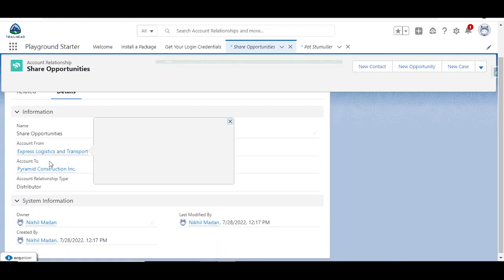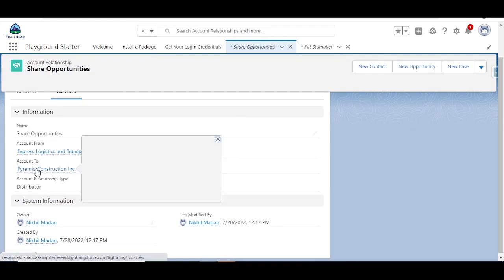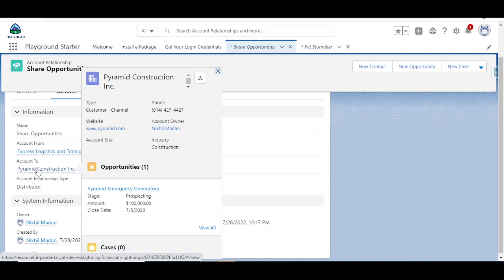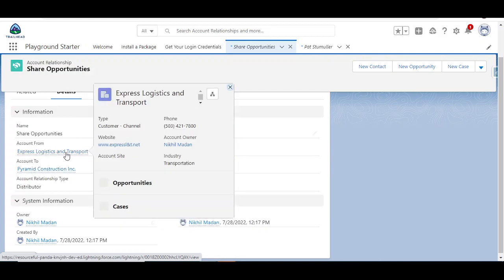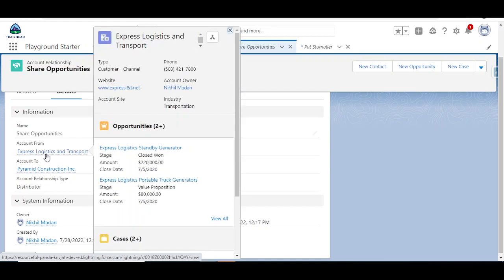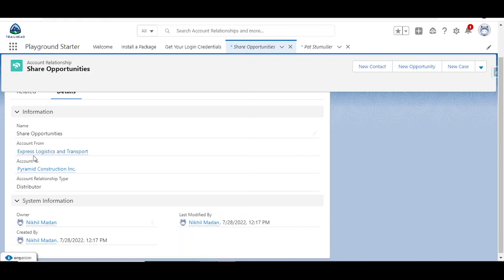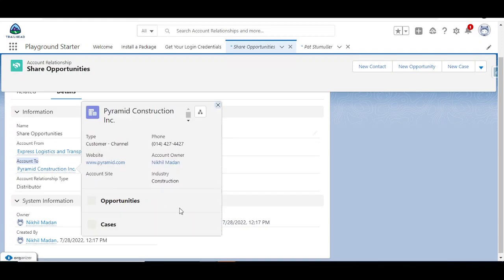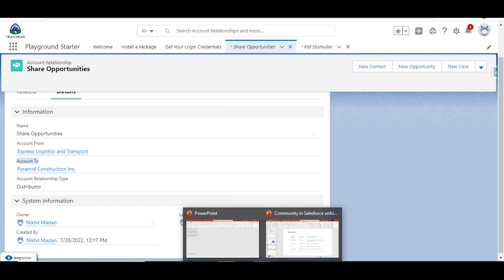So what we have done here is we are saying that the opportunities in Pyramid will be seen by the partner users of Express Logistics and Transport. Although the keyword is confusing here, that the data will be shared to Pyramid, it's not this way. In my PPT I'll show you